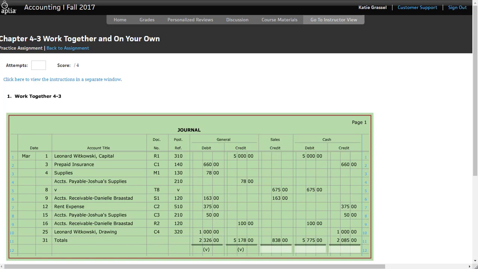I also know for the month of March that I paid out $2,085. That's the amount of cash that went out of my business. I also have in here that the amount of cash that I'm receiving is $5,775. When we look at those numbers, that tells us I actually had more money coming into the business